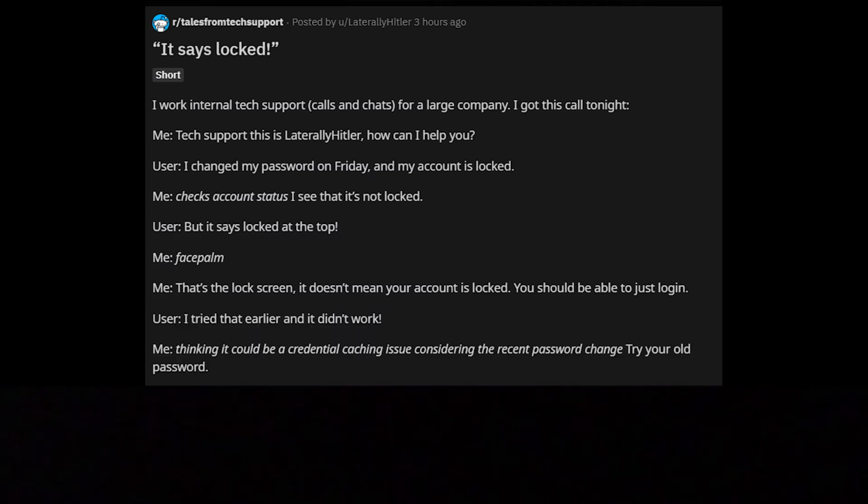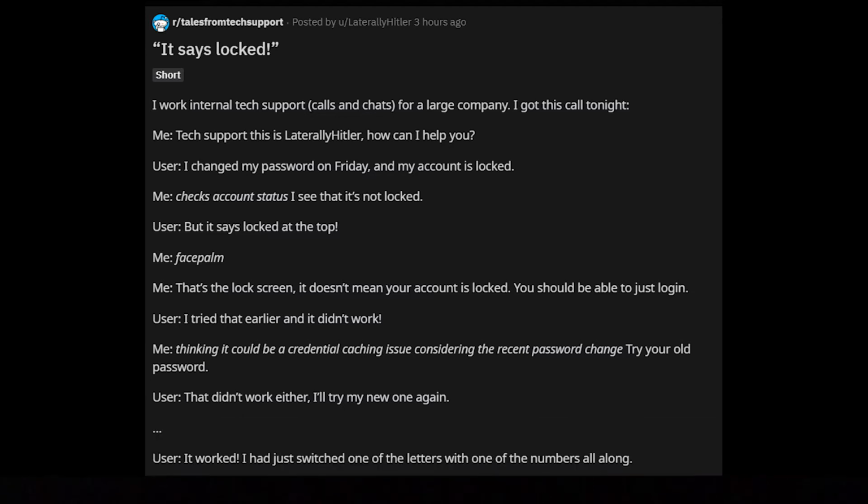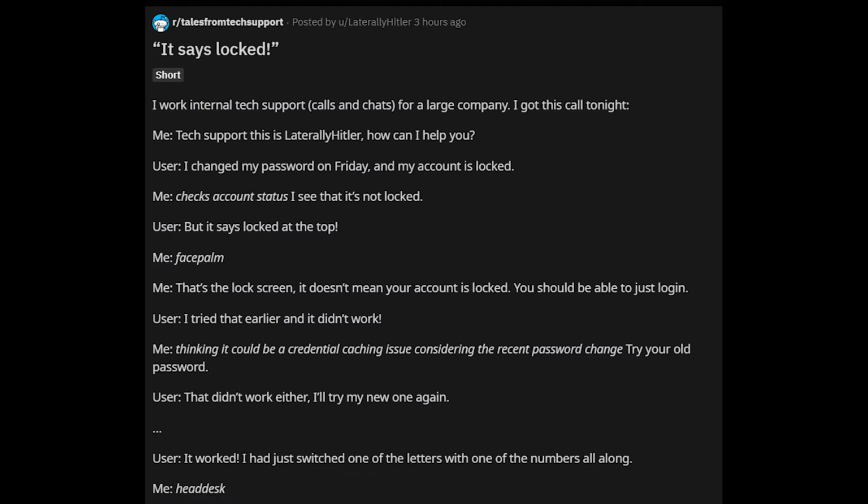User: I tried that earlier and it didn't work. Me: *thinking it could be a credential caching issue considering the recent password change* Try your old password. User: That didn't work either. I'll try my new one again. User: It worked. I had just switched one of the letters with one of the numbers all along. Me: *head desk*